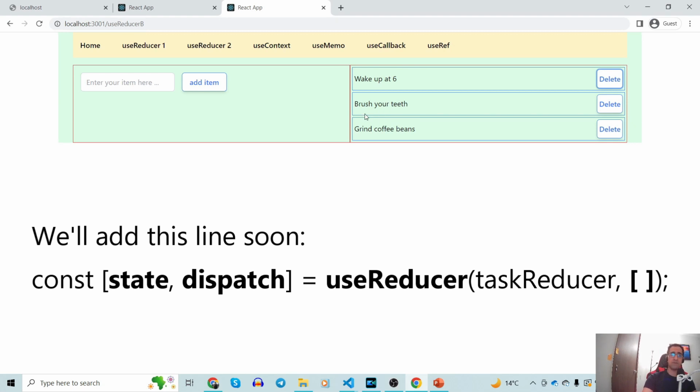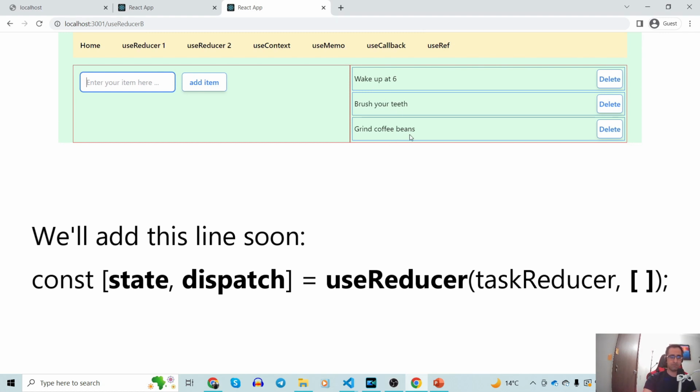So I'm going to define a state, that initial state where you can store all the values coming from this input section. So basically, we will end up having an array containing all the information coming from the left section. So you will have an array which consists of wake up at 6, brush your teeth, and